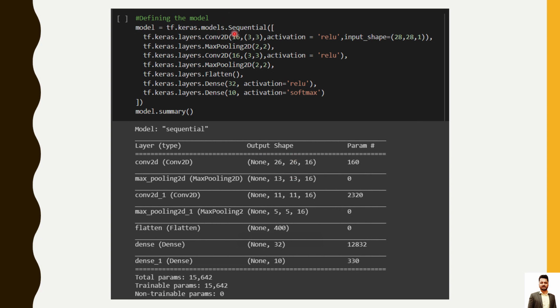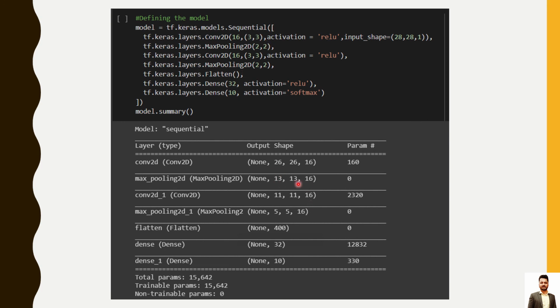And 16 is the number of filters, so this 16 will become the channel. The channel size was initially 1, now channels are becoming 16. Now after you apply the max pooling of 2 cross 2, the size will be half. Why half? When you solved this earlier, that 4 cross 4 image was reduced to 2 cross 2, right? So the size becomes half when you apply max pooling with the size of 2 cross 2.